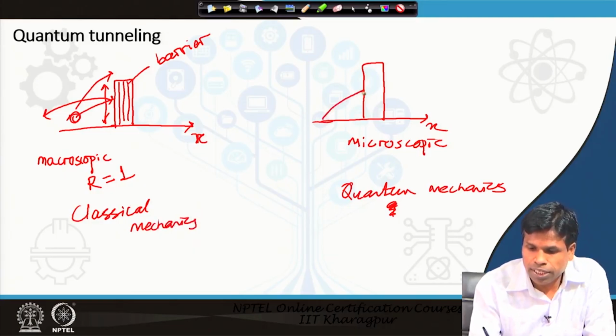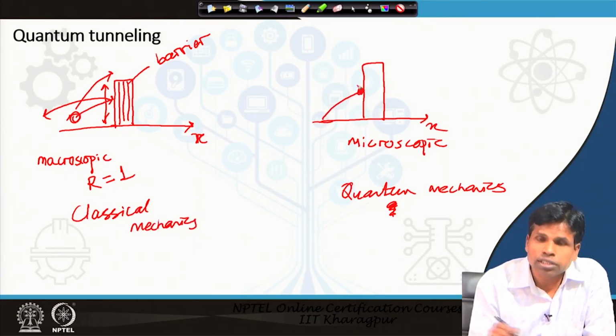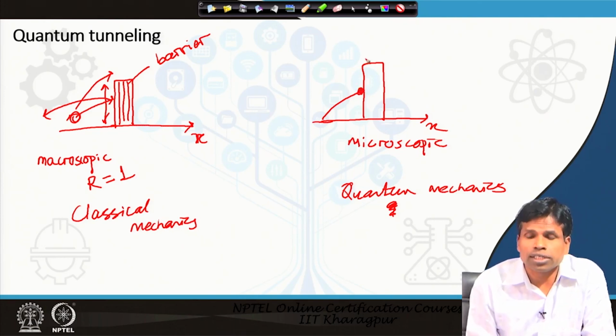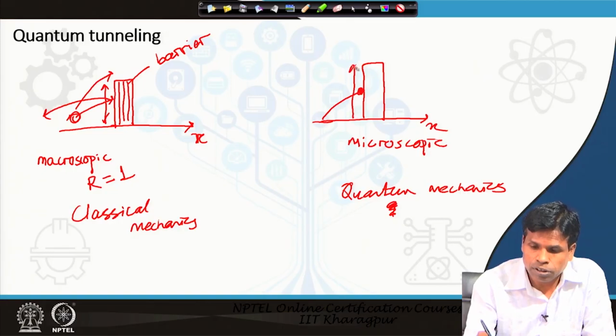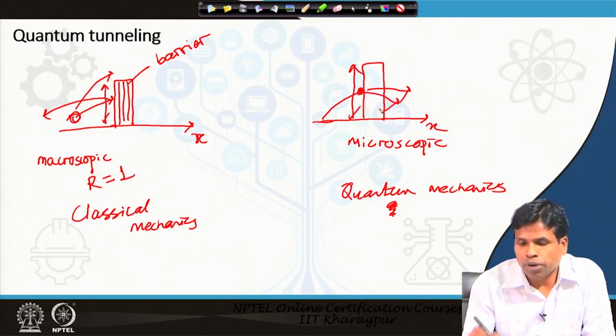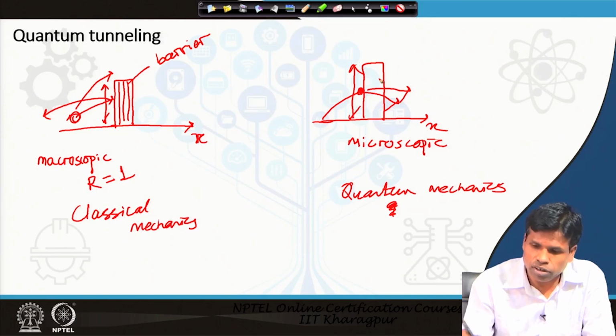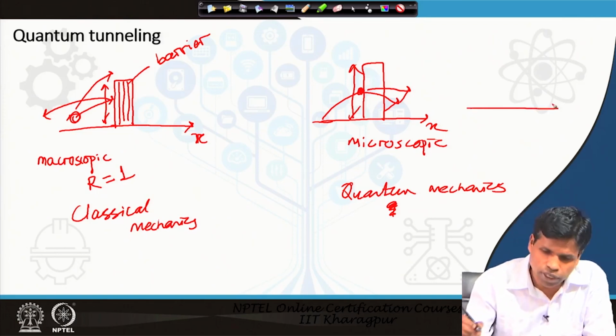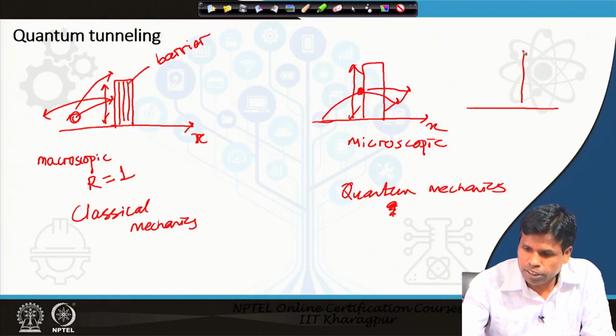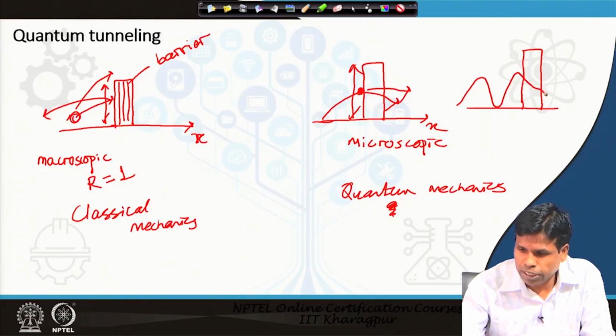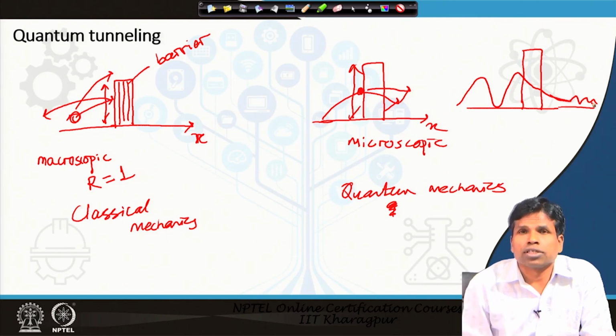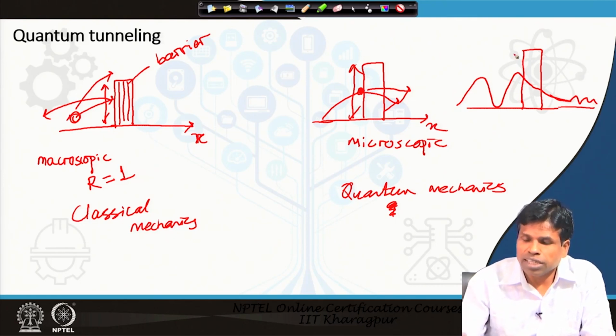Here the particle, even though its energy is less than the barrier height, still has a probability of passing through this wall, and this is called tunneling. For example, here this is a barrier or wall, and a wave is going toward it. It has a probability of passing through, a transmission probability, and